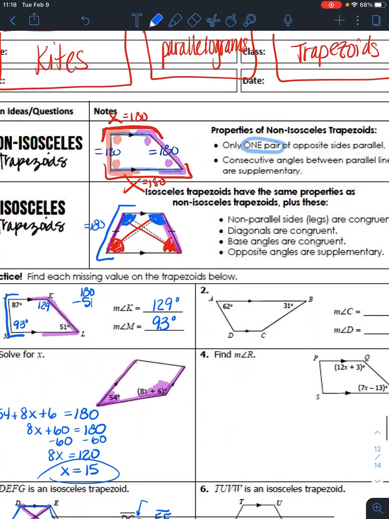You can see kind of what kept coming up. Obviously, base angles being congruent is important. The diagonals being congruent is important. And the consecutive angles between the parallel lines are supplementary. Those are the things that just keep coming up over and over in every problem, and you want to make sure you remember